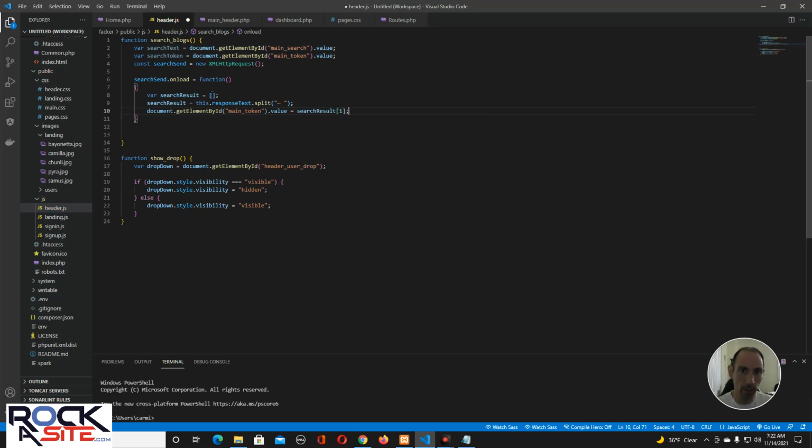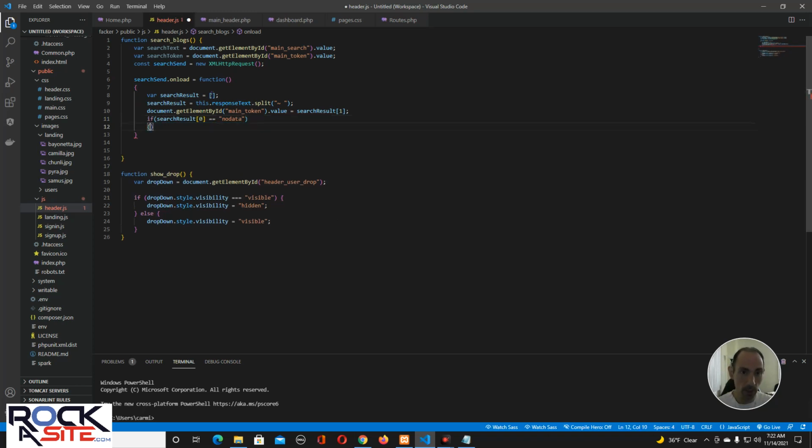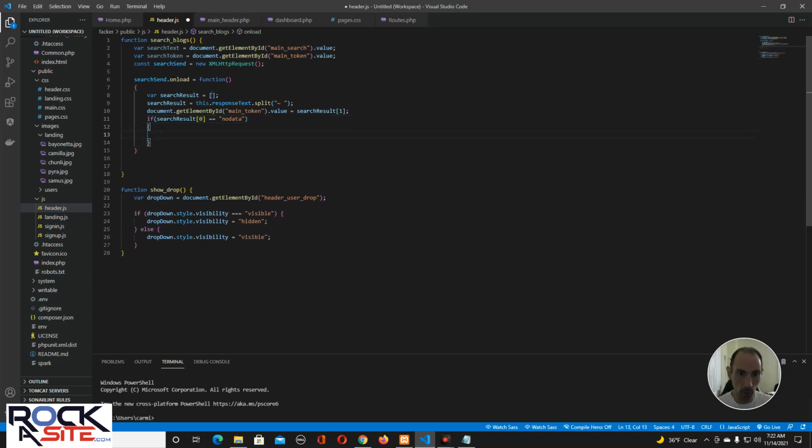It's always going to be that, because we're only going to have two values. We're only going to have either the no data, or we're going to have the actual data that we want to show. So if search result 0 equals no data,